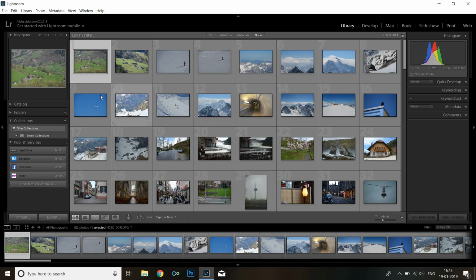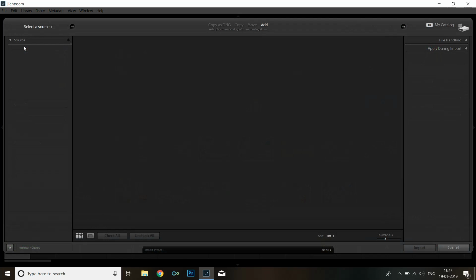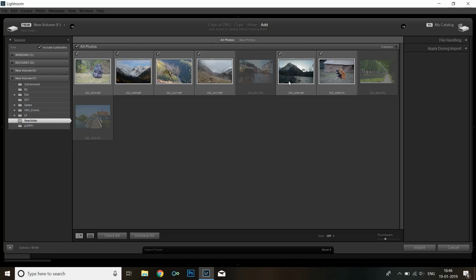So what you have to do here is go to File and click on Import Photos and Videos. Then a dialog box opens up asking you to select a source. On the left side, you can see your drives. Just navigate to where your photos are. Mine's in F, new folder. You see your photos lined up like this, and it will show the extension as well, NEF or RAW files, and JPG is there as well. So you checkbox whatever you want, and then you go import,